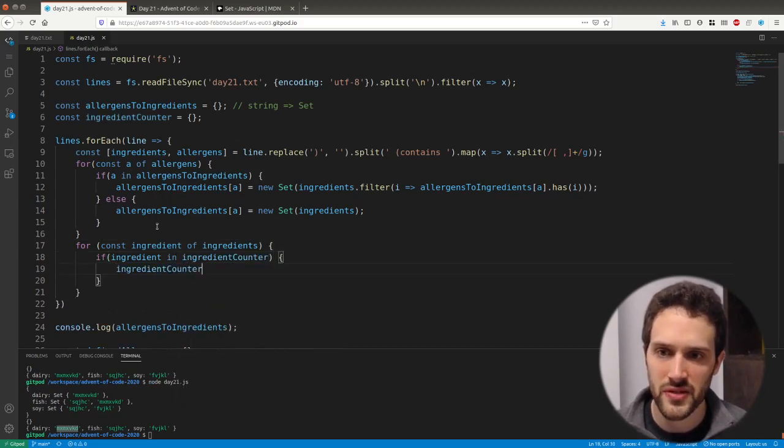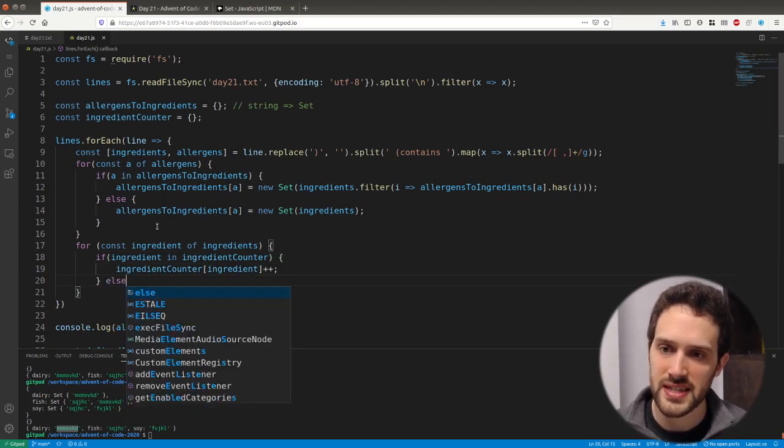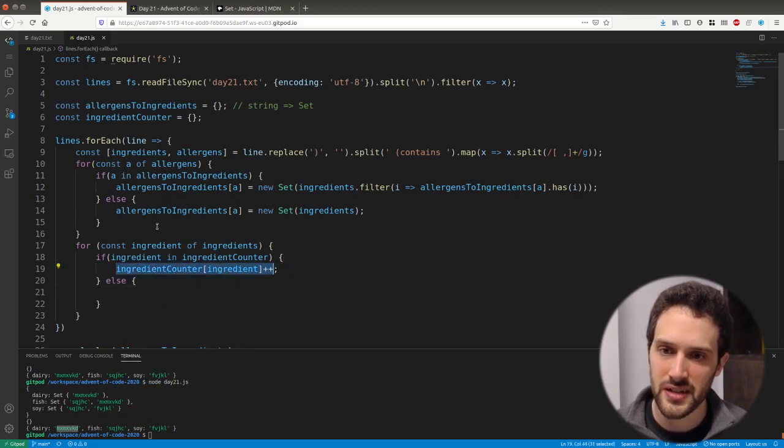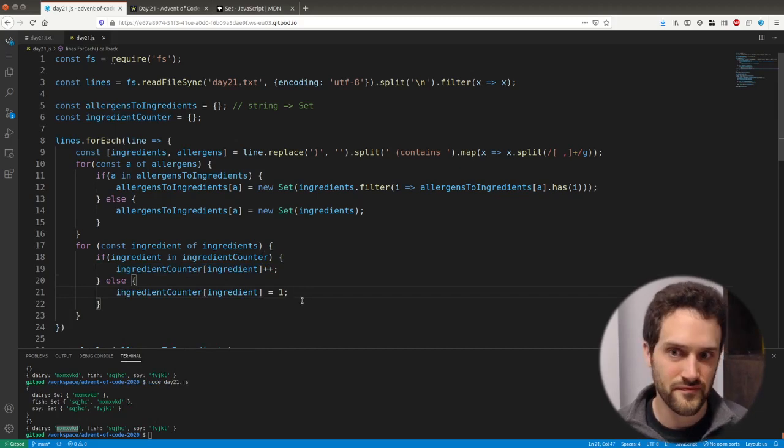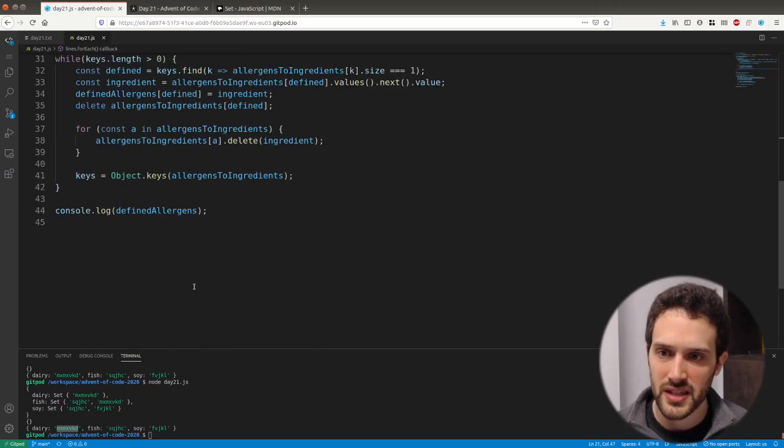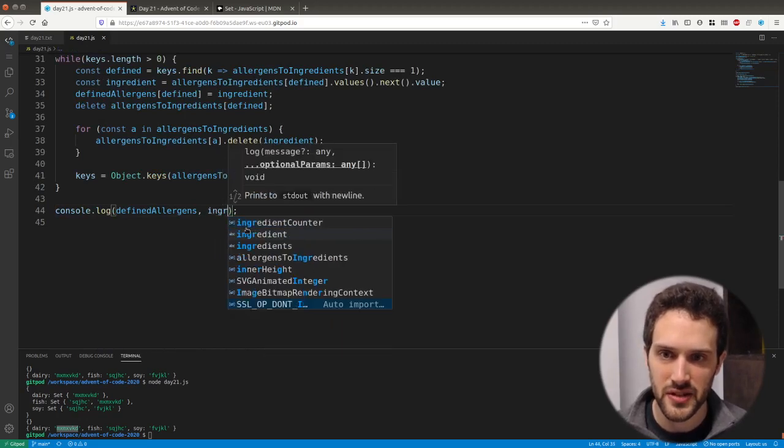In that case, we can do ingredient counter of ingredient plus one. Otherwise, we just say ingredient counter is equal to 1. That makes sense. Let's display this ingredient counter,